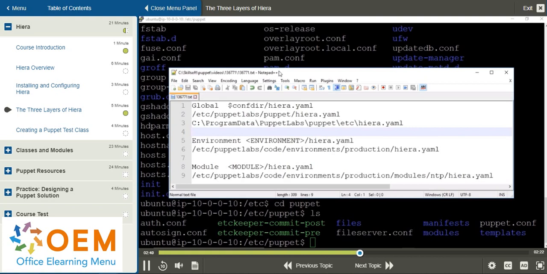Now that we have 3 layers, again, the layers are global, environment, and module, these issues seem to be fixed. Now what we can do is roll out changes based on an environment, such as QA or UAT, and at the module level, if we want to just provide something in a specific module,